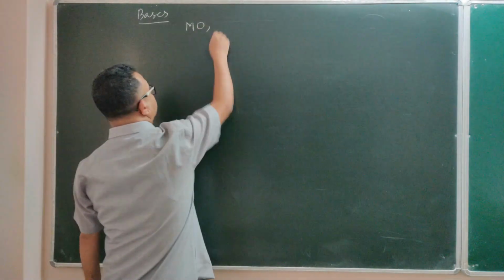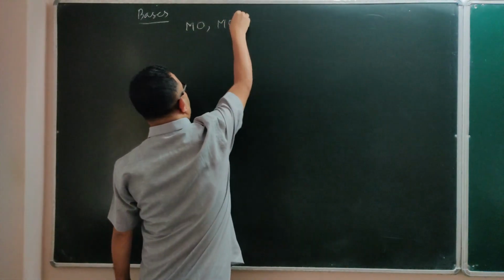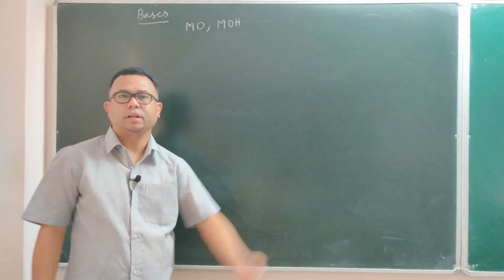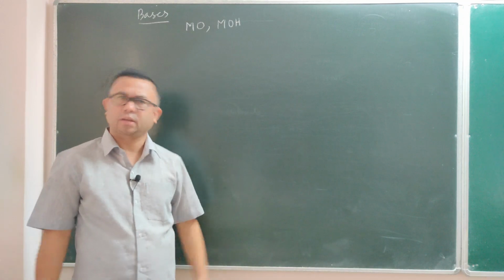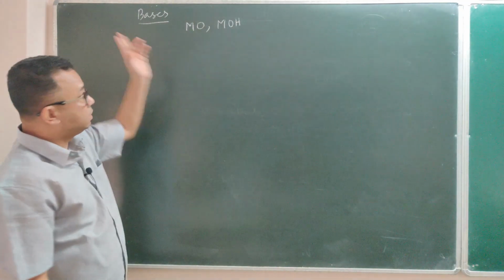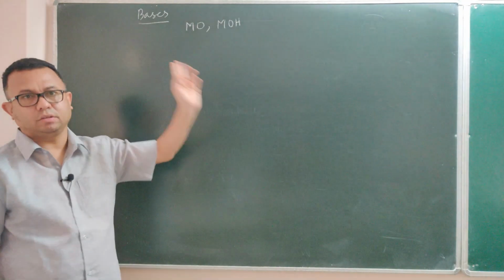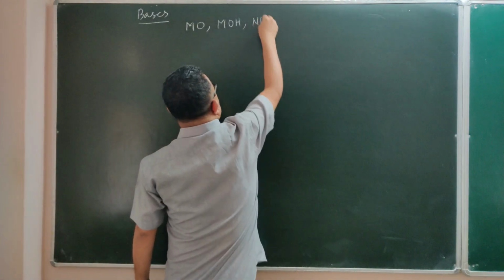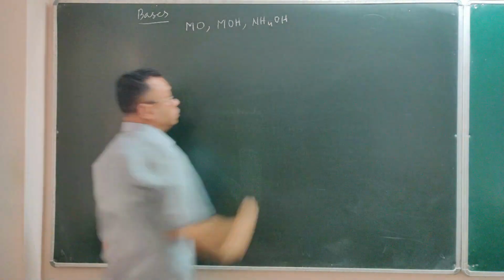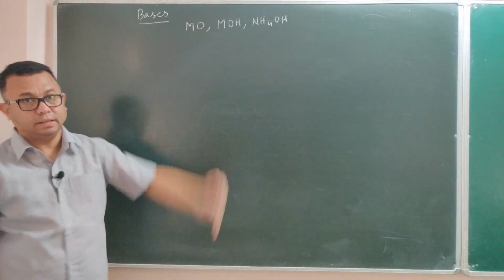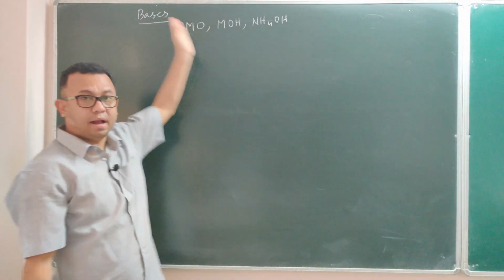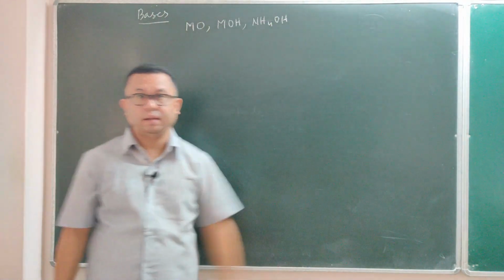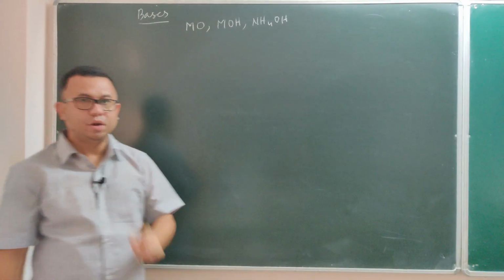It may be a metallic oxide or it may be a metallic hydroxide. Since I said copper oxide, you can include copper hydroxide, zinc hydroxide, magnesium hydroxide. So either metallic oxides or metallic hydroxides, and also one more thing, it can also be ammonium hydroxide. When you define it, you will have to take the name of these three. So it may be either a metallic oxide or a metallic hydroxide or ammonium hydroxide, which reacts with hydronium ions